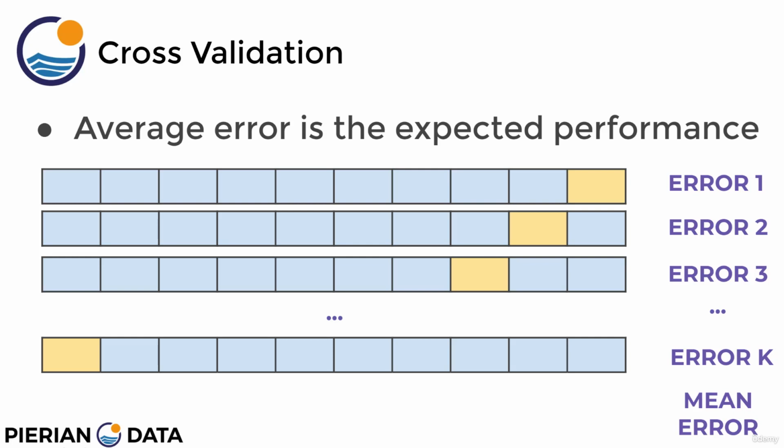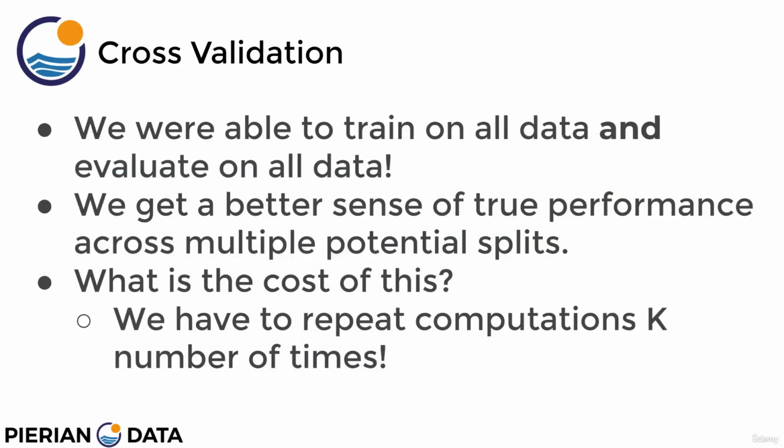And what's really nice about this is it actually gives you a much clearer idea of the model's true performance, because you went ahead and evaluated the model at a certain point on every single piece of data. And you also tested every single piece of data at a certain point. So we were able to train on all the data and evaluate on all the data. The caveat being you weren't able to do it all at once, you had to do it k number of times. But what is nice about this is you get a much better sense of the true performance across multiple